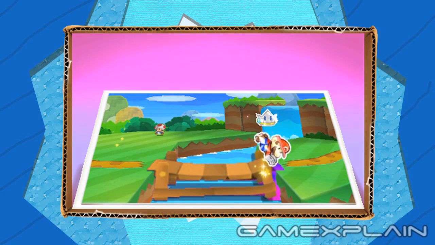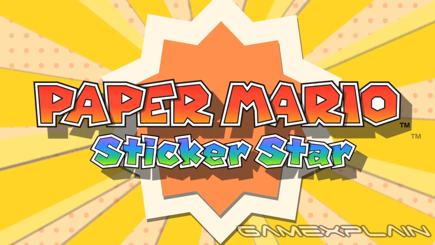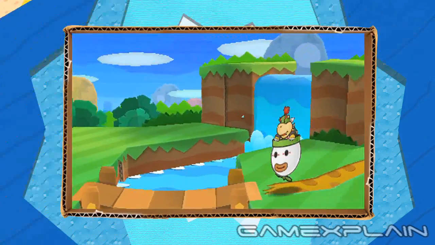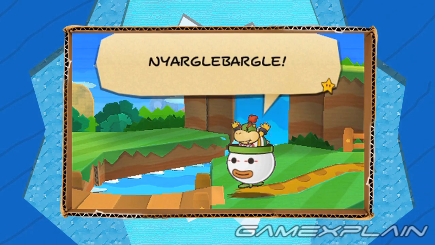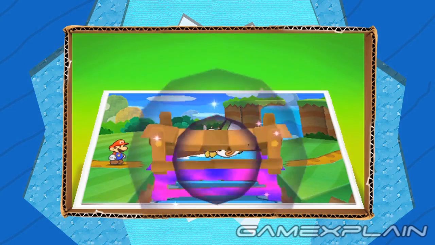Last week I ventured to Nintendo's San Francisco office for a chance to play a near-final version of Paper Mario Sticker Star for the Nintendo 3DS. And play it I did for nearly 3 hours, covering the entire first world of the game and a little bit more. Although we've already posted a video preview, I thought I'd sit down with fellow game explainer Thomas Arnold